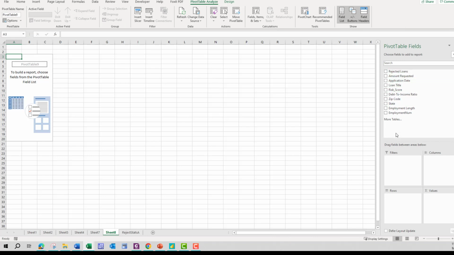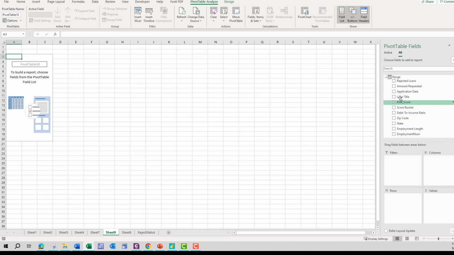Where is the DTI bucket? Search DTI. No. What's going on? But I don't see that DTI bucket. I don't know why it has happened. Debt to income ratio score. Okay. Drag fields. Okay. Now the question is,